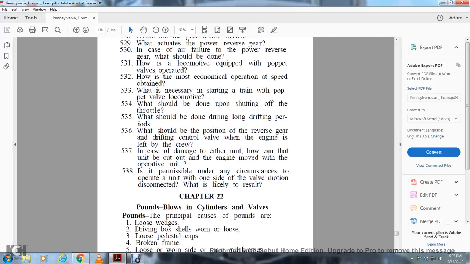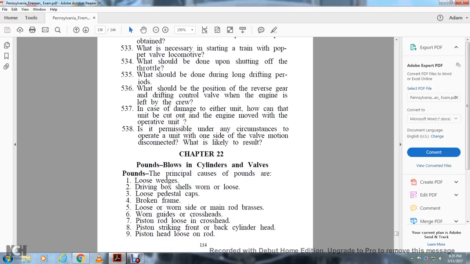Alright, Chapter 22, Pounds, Blows in the Cylinders and Valves. Pounds. The principal causes of pounds are loose wedges, driving boxes and shells worn loose, loose pedestal caps, broken frame, loose or worn side of the main rod brasses,